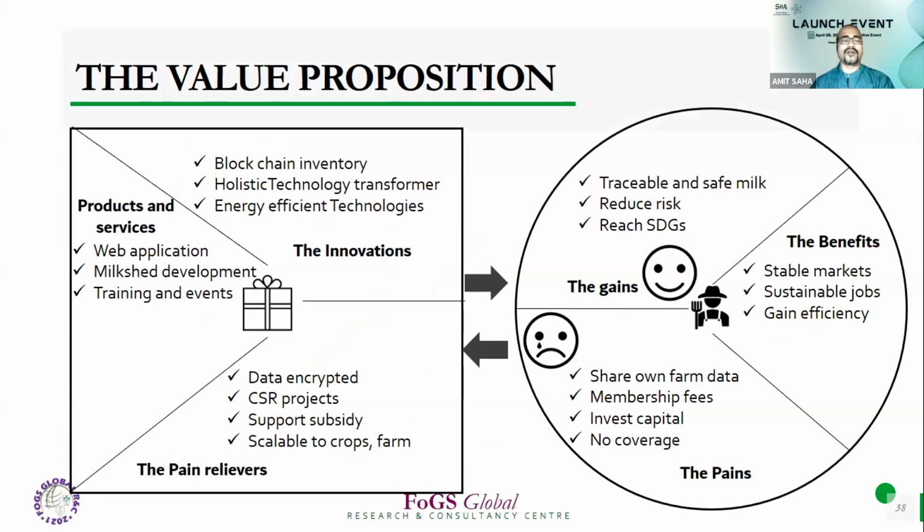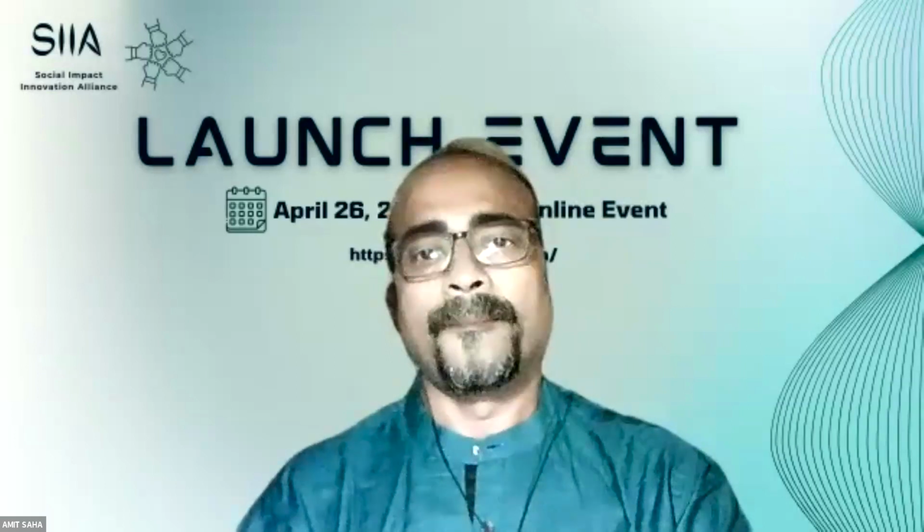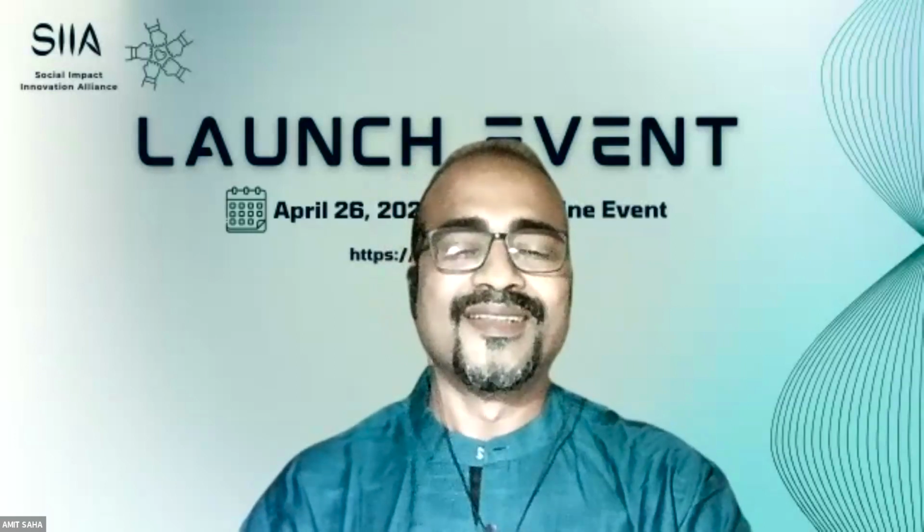This is just to show you the value proposition, what benefit you will get by using the technologies. And just another example like Amul, which is the main milk processing and production company in India, has already lots of DOs, but those are offline. So again, we need to have this differentiation between online, offline or hybrid models. That is another area I think we can approach rural communities for using this technology. I hope it helps.